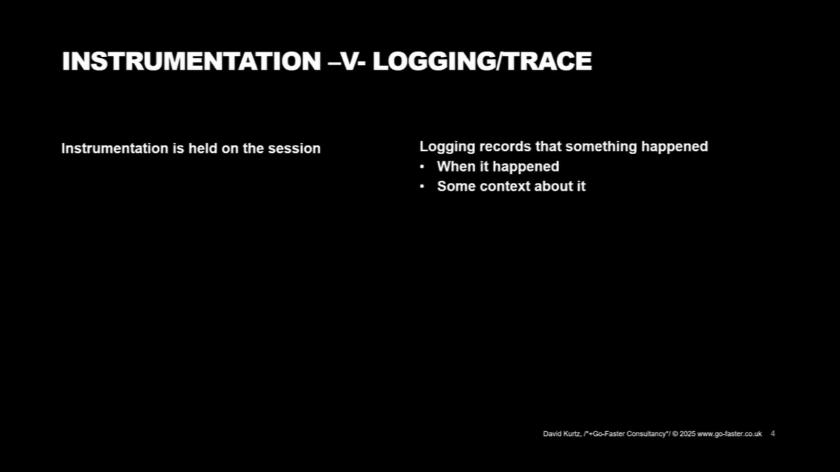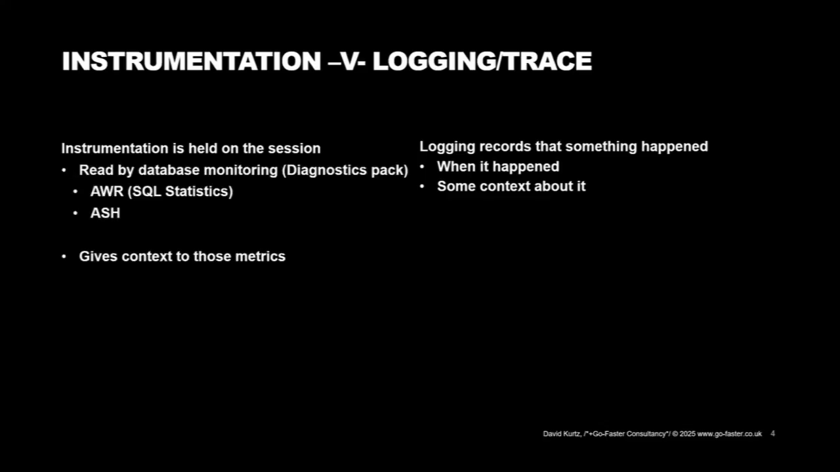I want to distinguish between what is instrumentation and logging, debug code, trace. So instrumentation is written on the database session, whereas logging records that something happened in the code, that you went through a particular point in the code. And so you went through that point and you executed the debug code or the logging code, and you get some information about that. You get some context. But the instrumentation is then picked up by